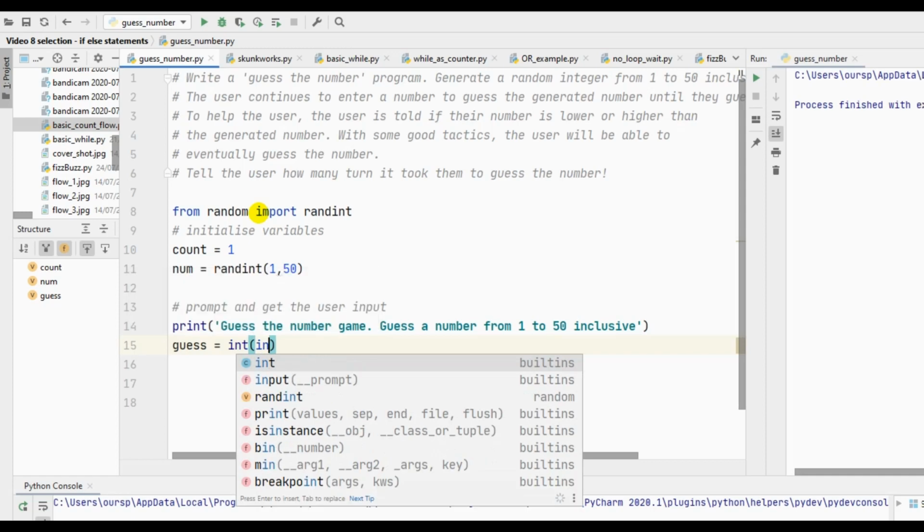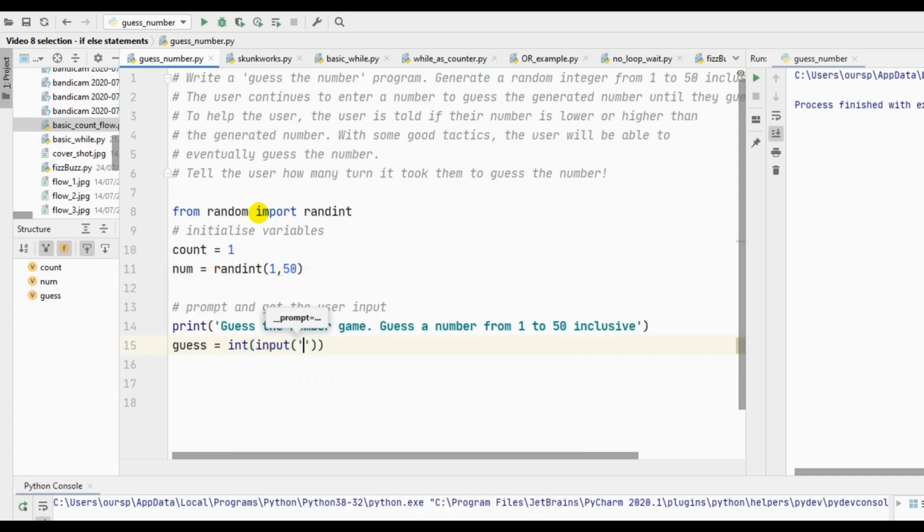Then we want the Python function input. Then we want a prompt. So we'll put input number here, followed by my famous 2 arrows and a space. Okay, and then we actually start the game. So I'm going to put in here start the game,